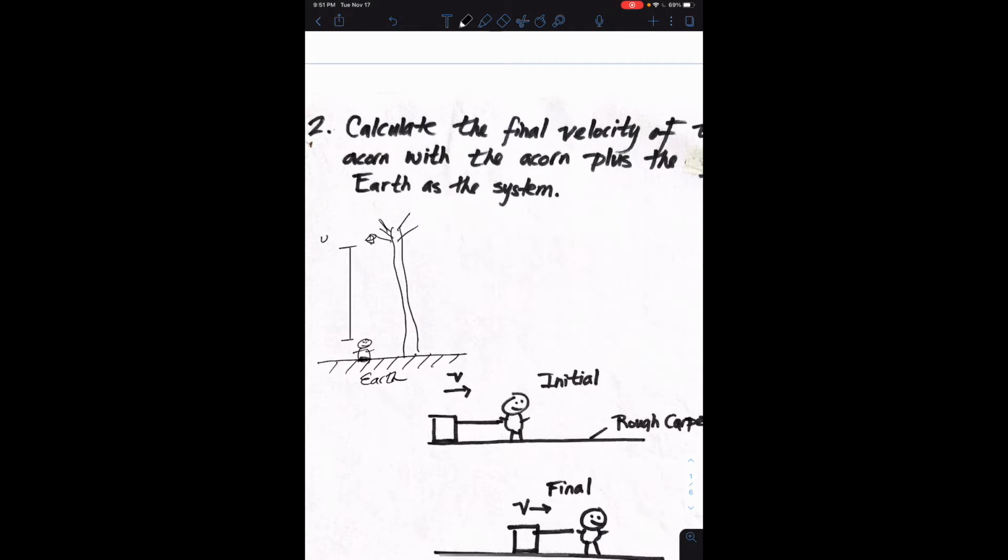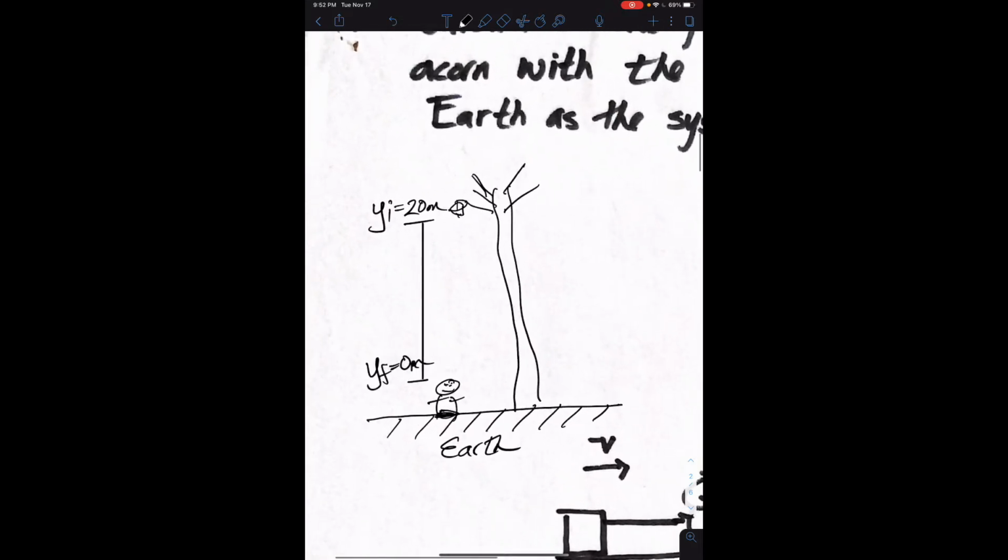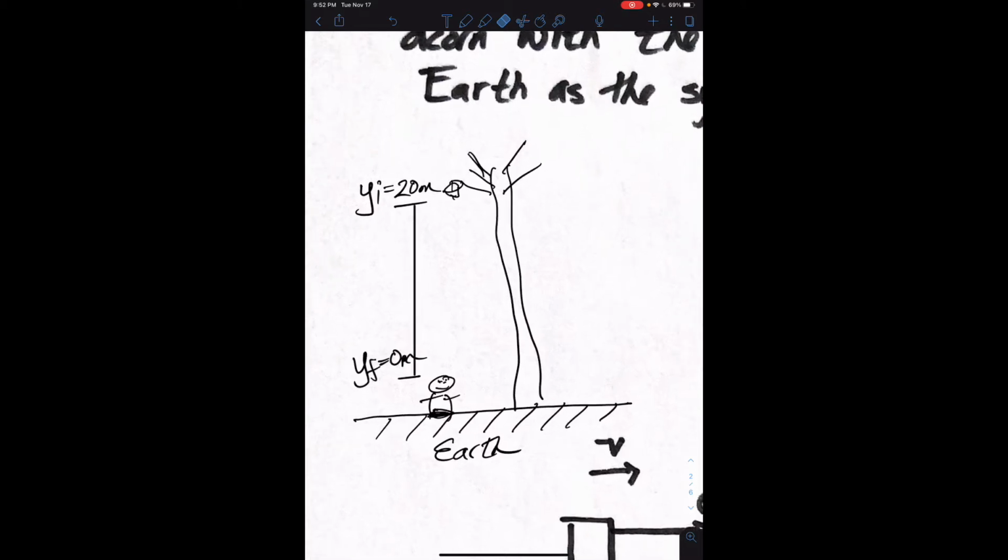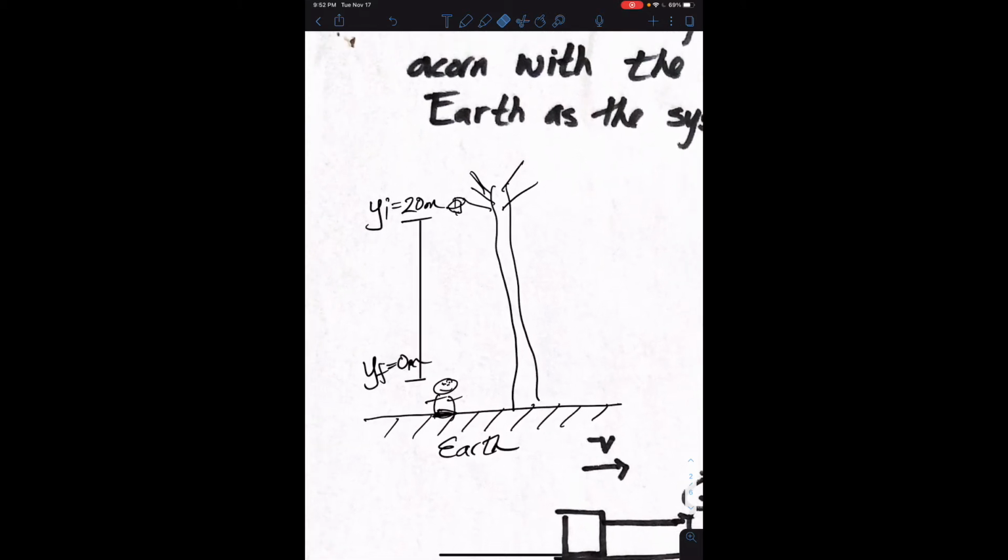We can call this yi. It's equal to 20. Call this yf. It's equal to 0. It's meters. This person's face, I guess it's okay. So, all right, that'll work. I thought it looked like the person had 3 eyes, but I guess that's the nose. I don't know. Anyways,